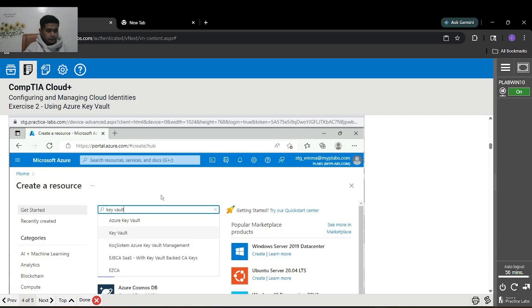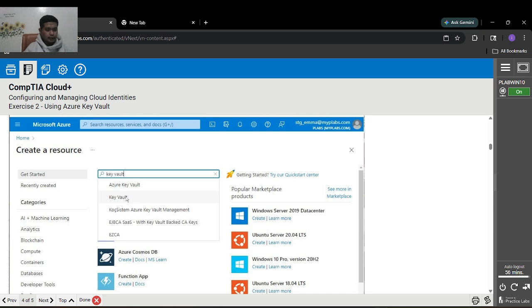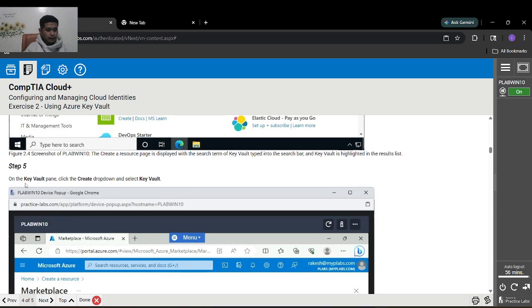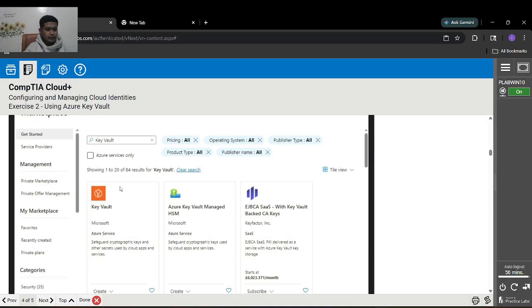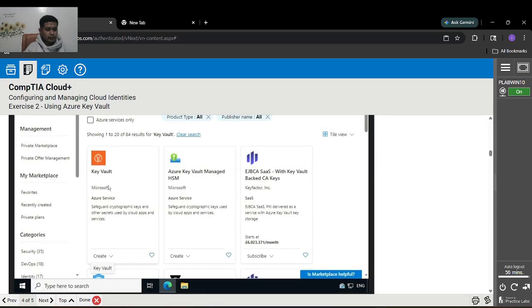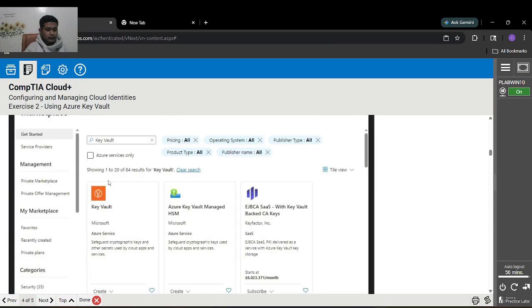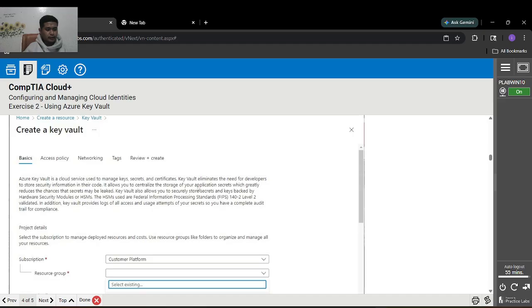Search for Key Vault and click Key Vault in the results. On the Key Vault page, click the create drop down and select Key Vault. So after you search for this, click create. On the create Key Vault page, from the resource group drop down, select the pre-populated resource group.